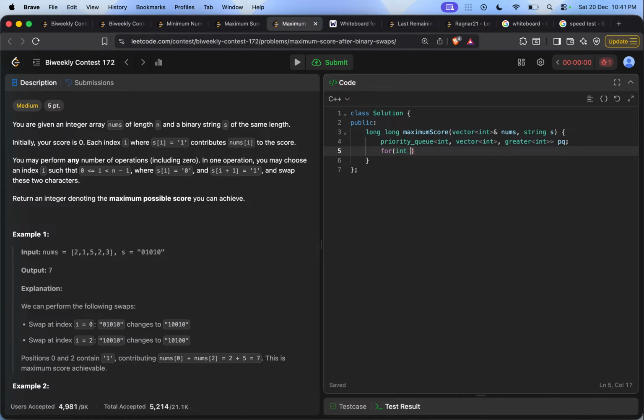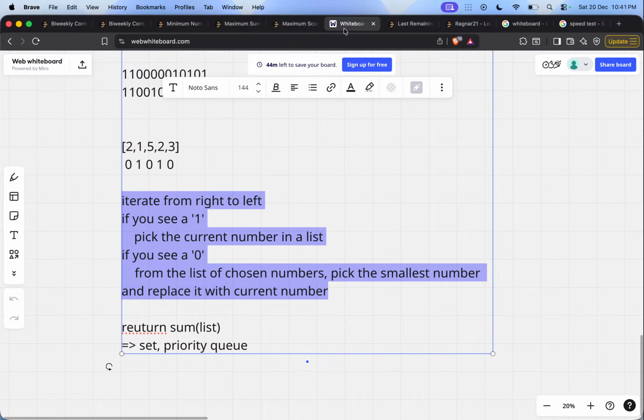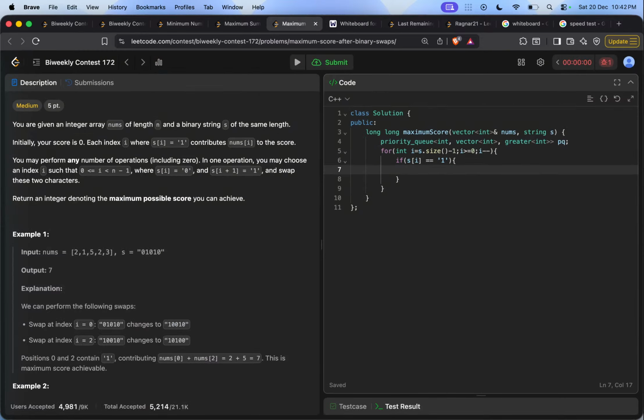So iterate over the string from end to start. Now, if the current value of the string is 1, what did we decide? We decided to insert this element inside our list. So pq.push(nums[i]). All right. And in the second scenario, when the string is 0,